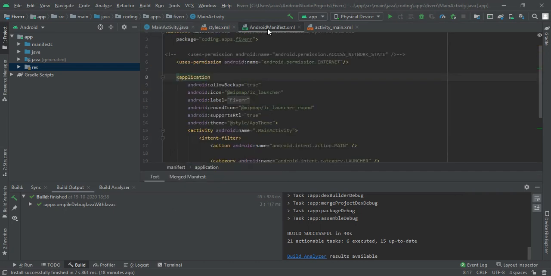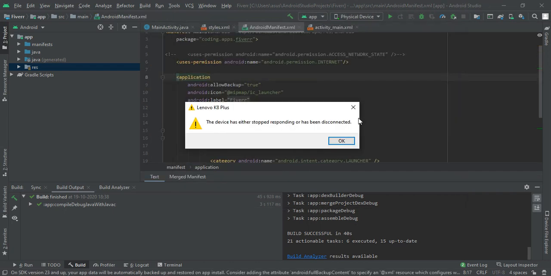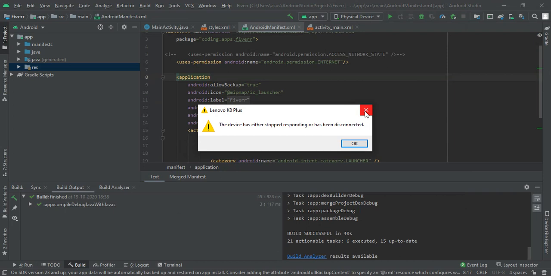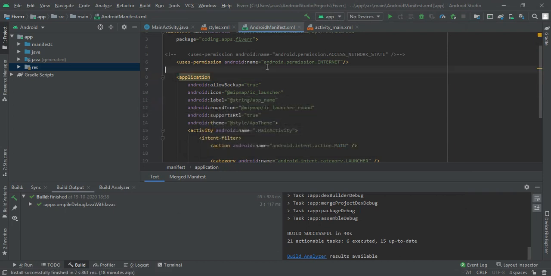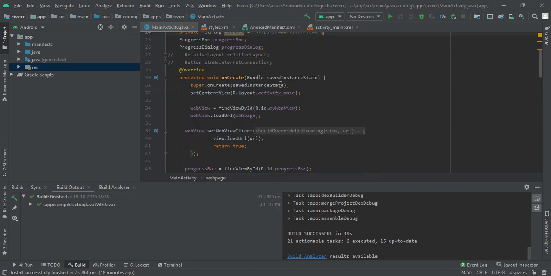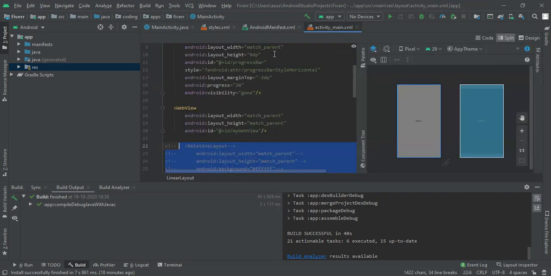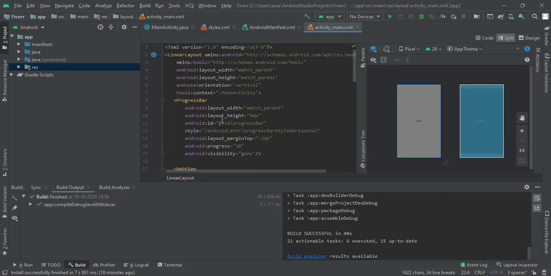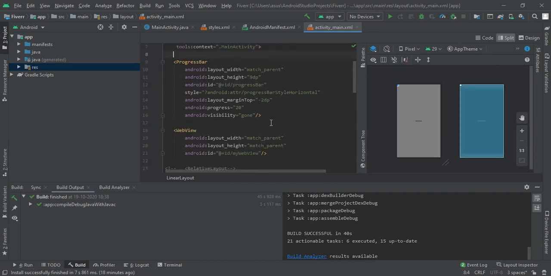First of all, let me remind you what we had done in our previous videos. We had implemented the web view and the progress bar, and in the previous video we had a bug: when we loaded our data, we were showing the circular progress bar instead of the horizontal one.